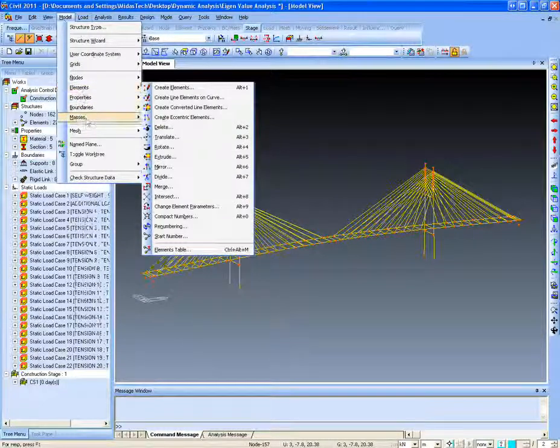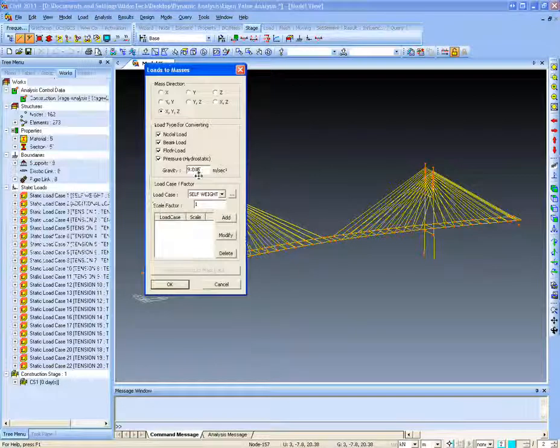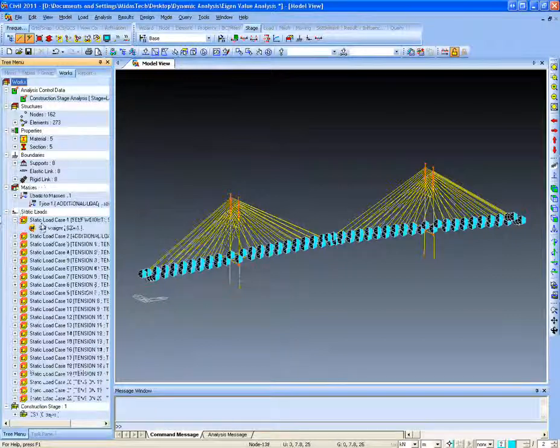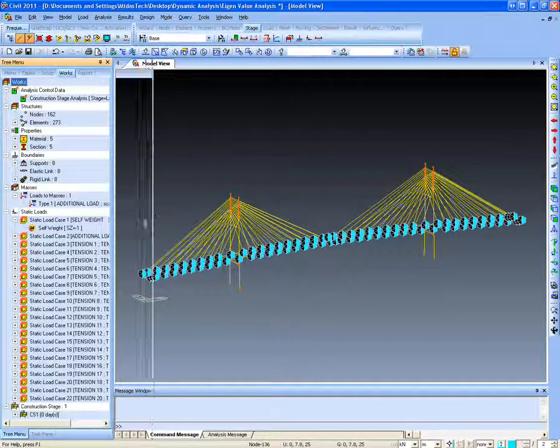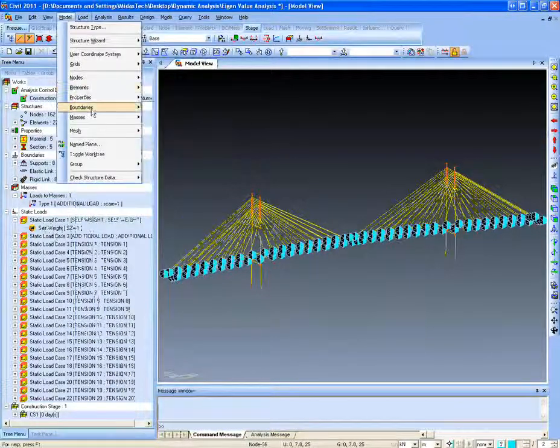Now I will apply the barrier load as the mass. For that, I will go to Model, Masses, Load to Masses, and the additional load that I have specified here represents the barrier load, and I have converted the barrier load to masses in the X, Y, and Z directions. One thing the users must understand here is that if they have defined the self-weight under a load case, as I have defined here under the load case named self-weight, and if I convert